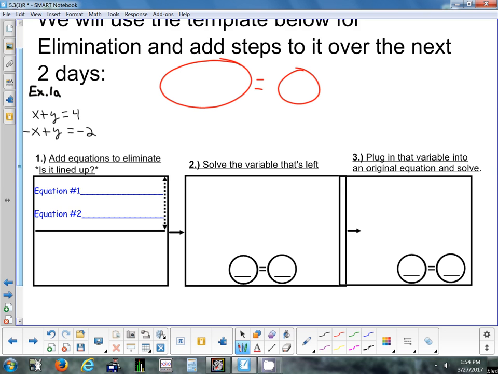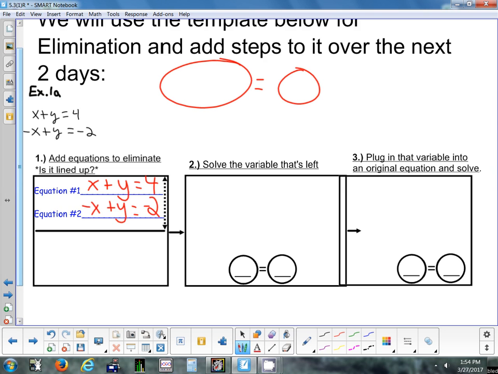So, Jordy, on this first line, equation 1, what am I going to write? X plus Y. Yep. Good. All I'm doing is taking the top equation, or equation 1, and bringing it down. Nini? What's equation 2 going to be? -X plus Y equals -2. Okay. Now,